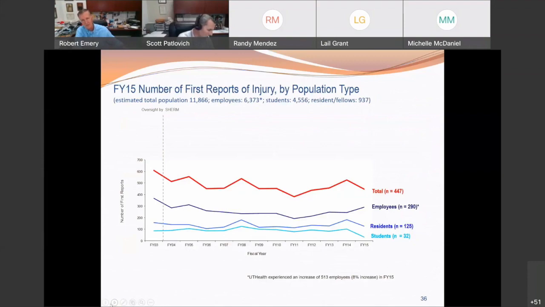Now, you saw a previous version of this, but in our annual report, we show total number of first reports of injuries by the entire population at risk. Here it is for employees, here it is for medical residents, and here it is for students. And notice what's really interesting, this year, we saw an increase in FY15, an increase in employee reports, but a decrease in medical residents and students. And so we have to dig into that and find out what the heck's going on. Why are we seeing an increase? But you can see the total line went down, but the total line is due to this and not due to this. That's an important thing for us to be able to answer those questions.